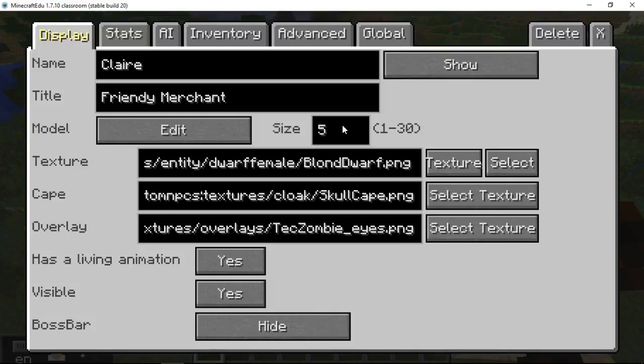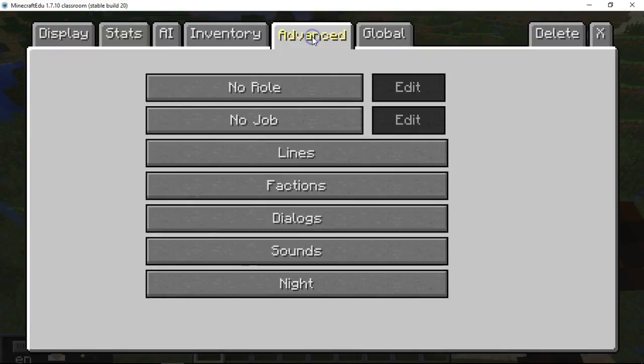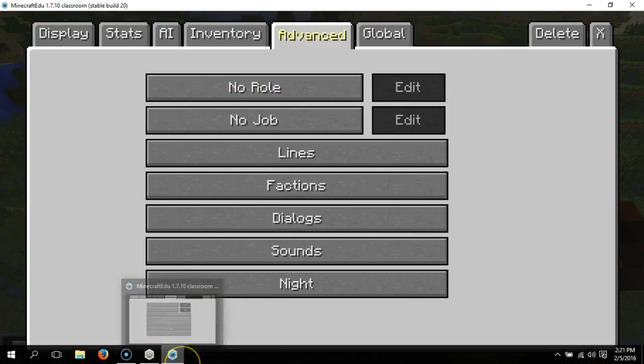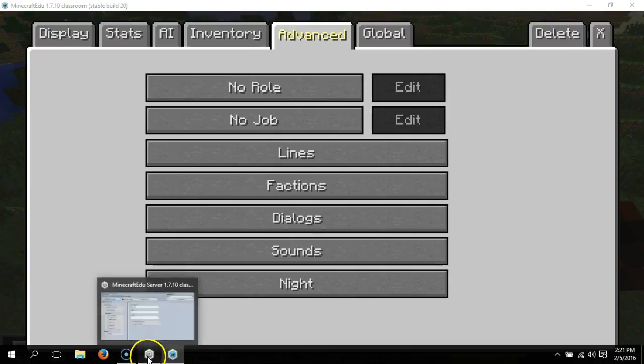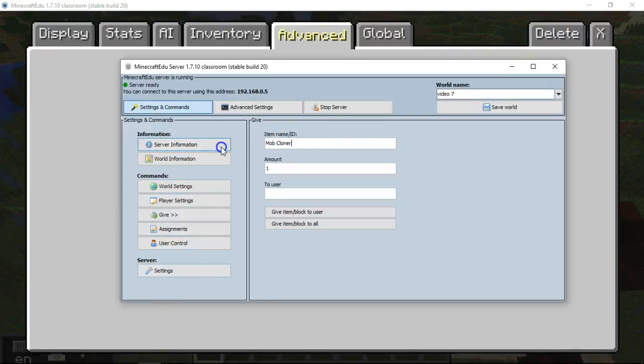At this point, the students will be presented with a challenge. The challenge will be to explore the roles and jobs. We'll be focusing on the role of trader and the job of item giver. In order to trade or to give items, we're going to need to give the students some items. We can do that through the server right now. We could give them,